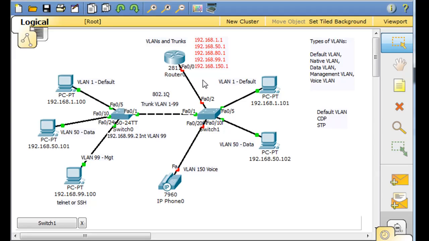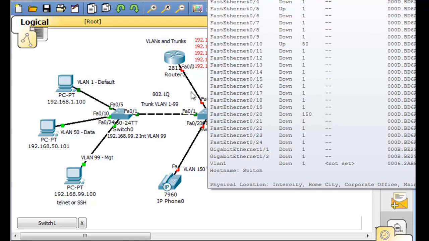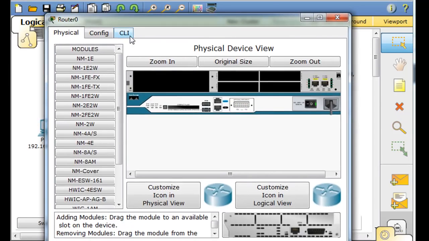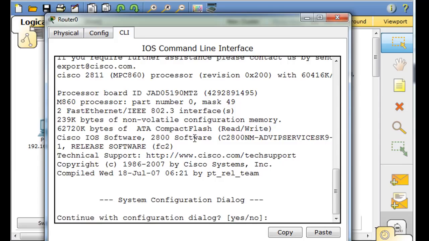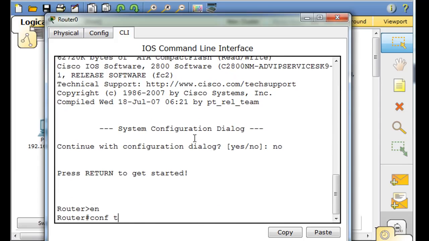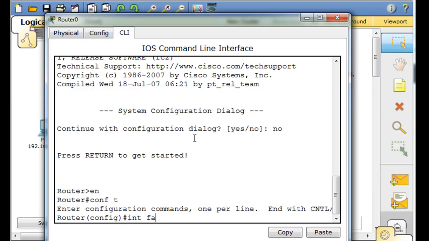Well, the answer is pretty easy, and it is sub-interfaces. So FA0/0 is now going to have sub-interfaces and have multiple IP addresses on this one interface. And so this trunk will trunk all that traffic from all these PCs to the gateway here at these addresses. So to do that, it's pretty easy. We just go into the router command line interface. We'll say enable, conf t, interface